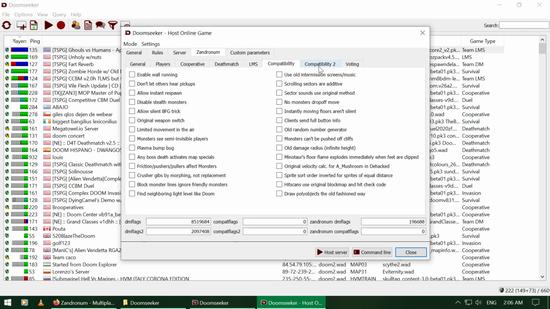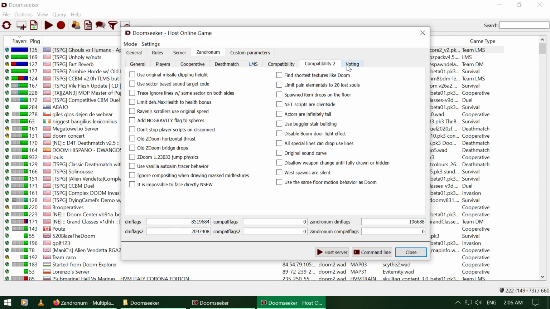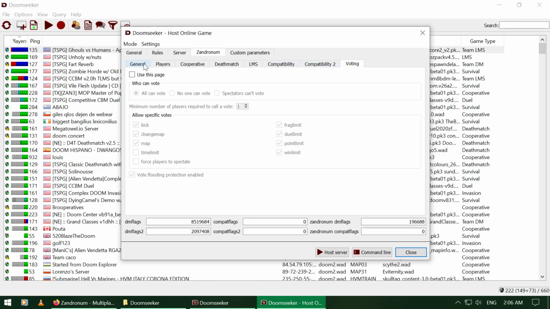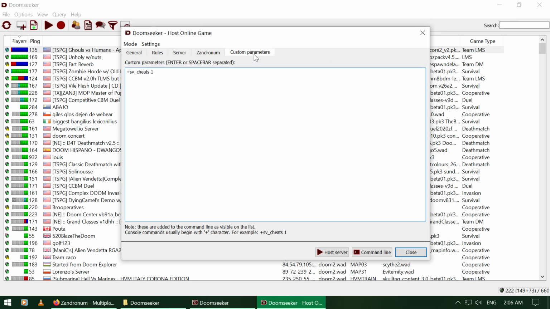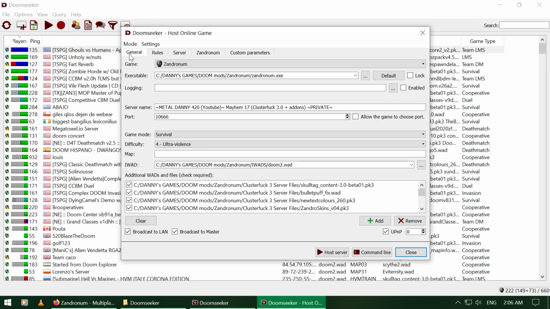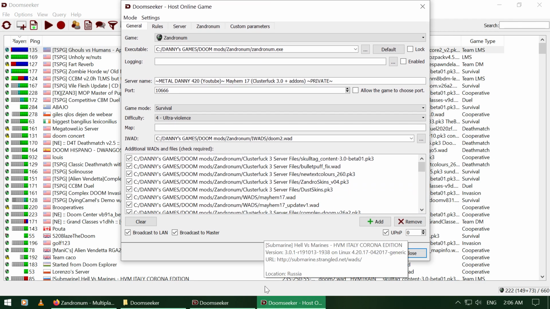And then the rest doesn't really matter, so you don't have to mess with any of that. It's all custom preference. And here, custom parameters, I do find important. When I play with friends, I want to be able to use cheats, so I add that to the custom parameters. It just adds so much variety to what you can do with all the mods especially. Now the only thing that's left is the first page, so we can fill this one in right now.